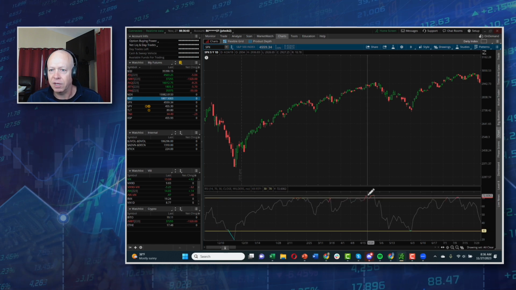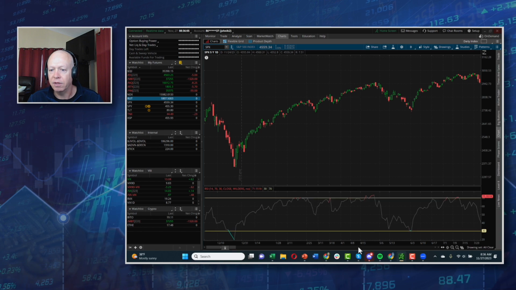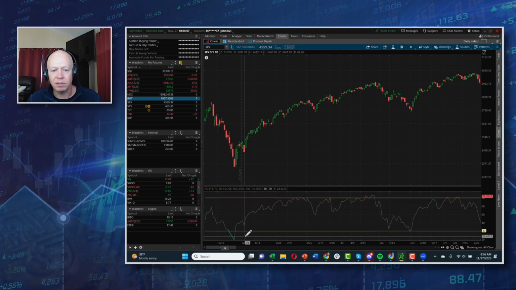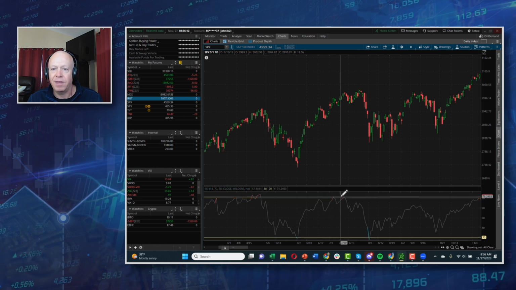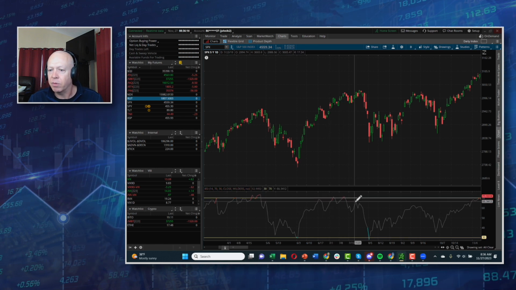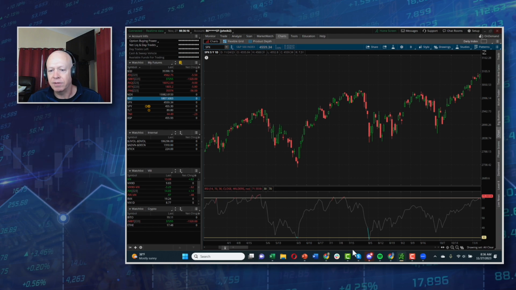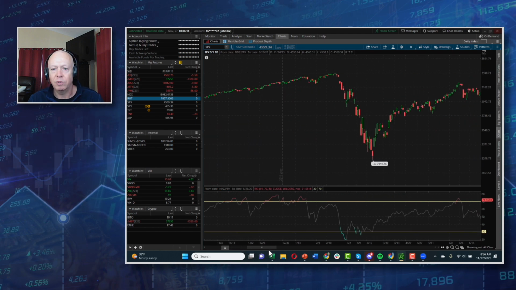Here it tells me nothing. We didn't drop till RSI already dropped out. Here, yes, minor pullback. But what you're going to find is it's kind of random on whether it's useful or not.